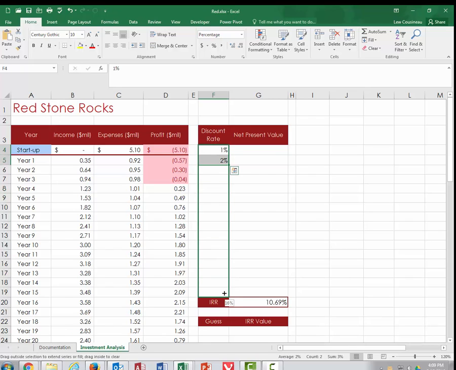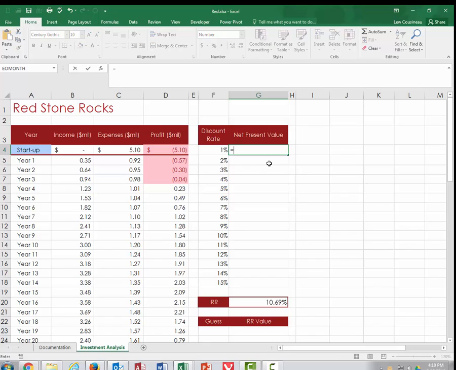Drag down. Oops, am I going too far? 1 to 15, I guess right through there. And now in step 11, we're going to calculate the net present value. So equal NPV,